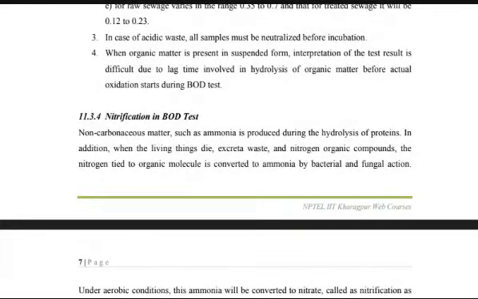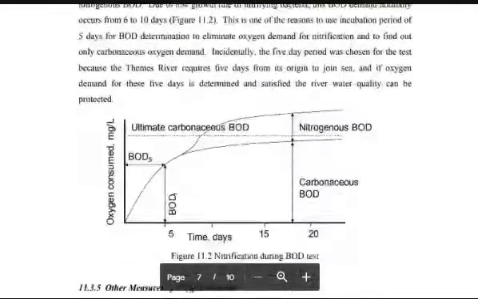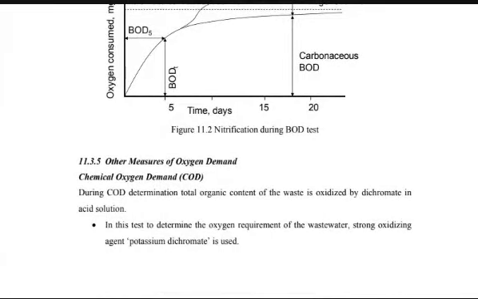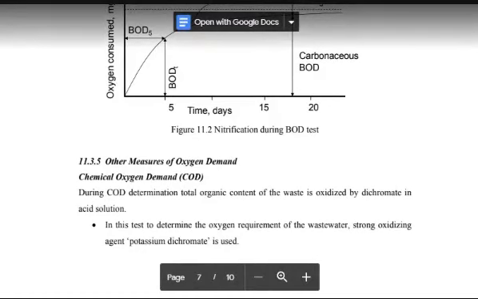Another topic that we have is nitrification in the BOD test. The other thing is the non-carbonaceous matter which is present, like ammonia and others. For that we will look at that topic. And then we will look at COD, just like BOD. We will see the difference between BOD and COD, and how the COD test is carried out, which is the fastest test compared to BOD, because BOD requires 5 days, and COD only requires 2 to 3 hours. But all of these we will see in the next lecture.